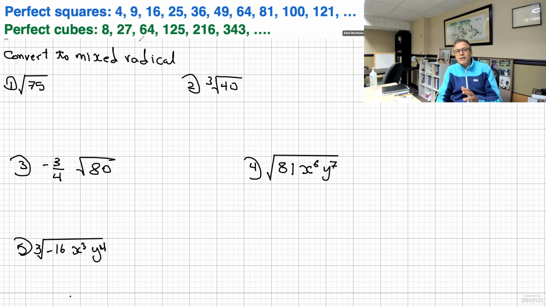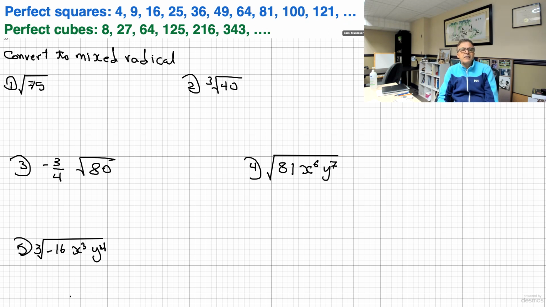So you remember that the square root is the opposite of a square. What does that mean? It means the square root of 25 is simply 5, the square root of 81 is 9. And the cube root of 27 is 3, the cube root of 125 is 5, and so on. So if you want to convert numbers to mixed radicals,